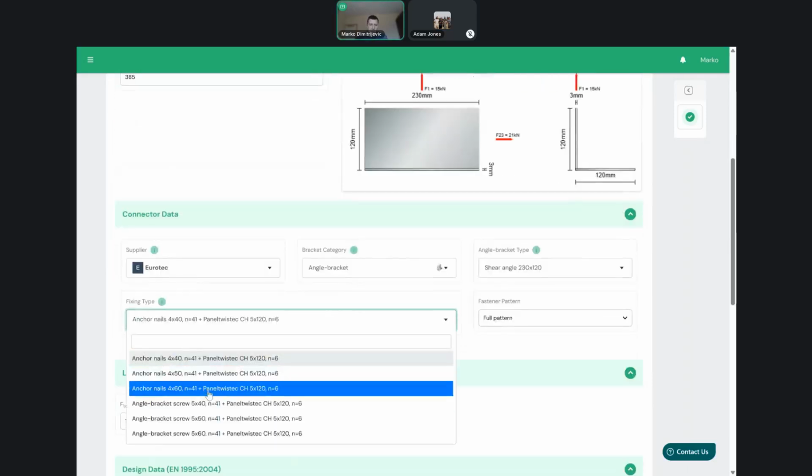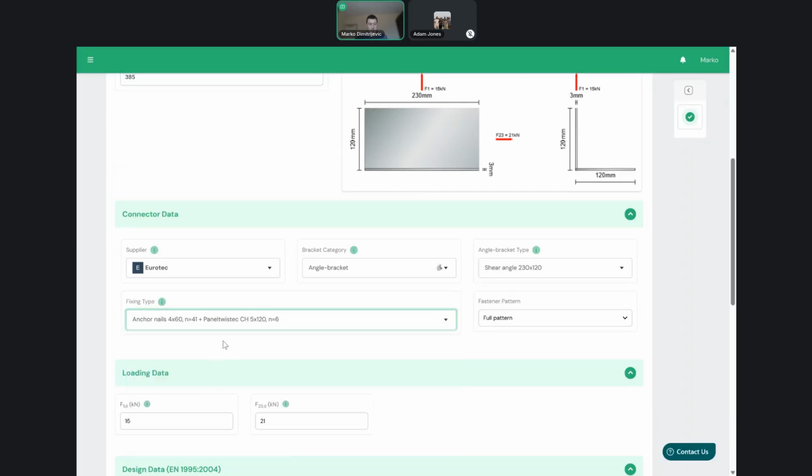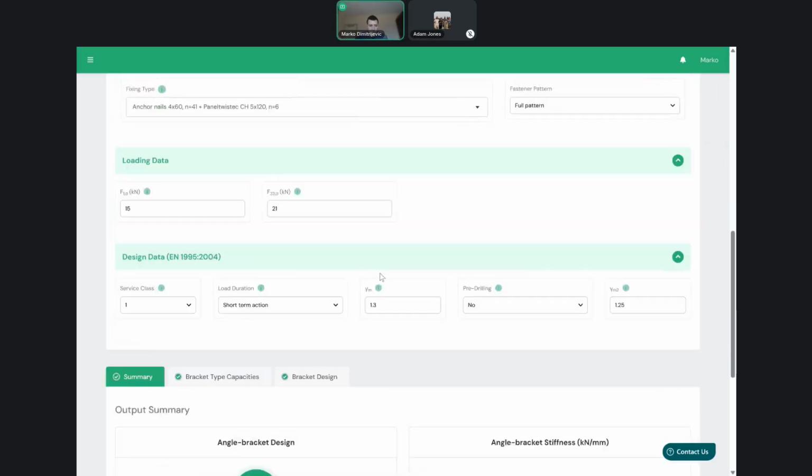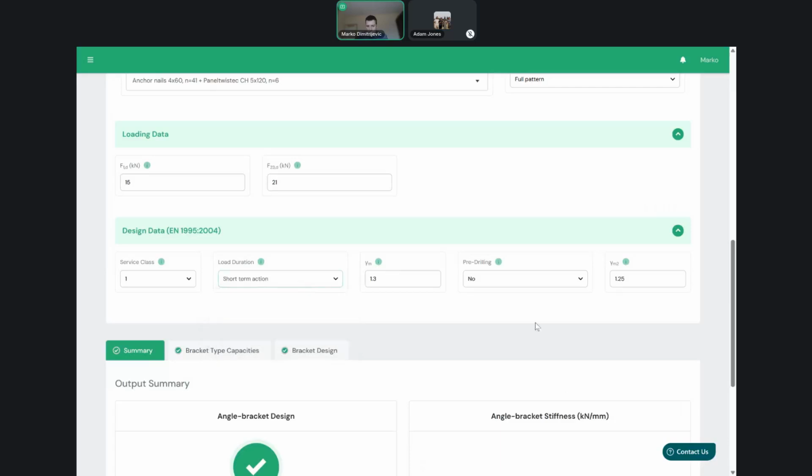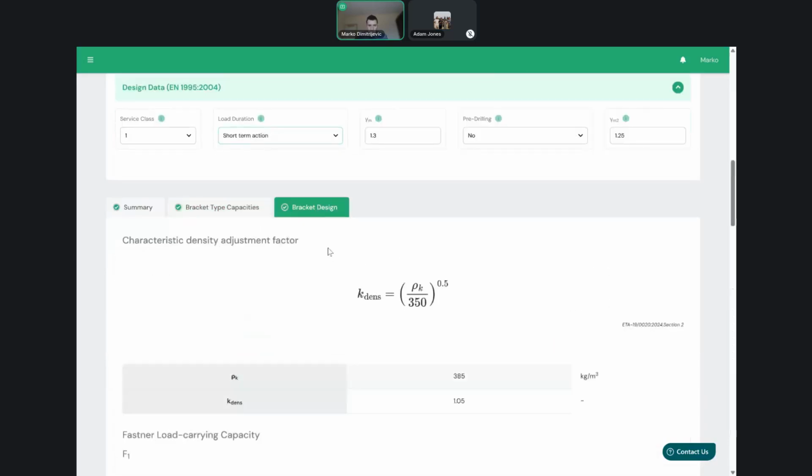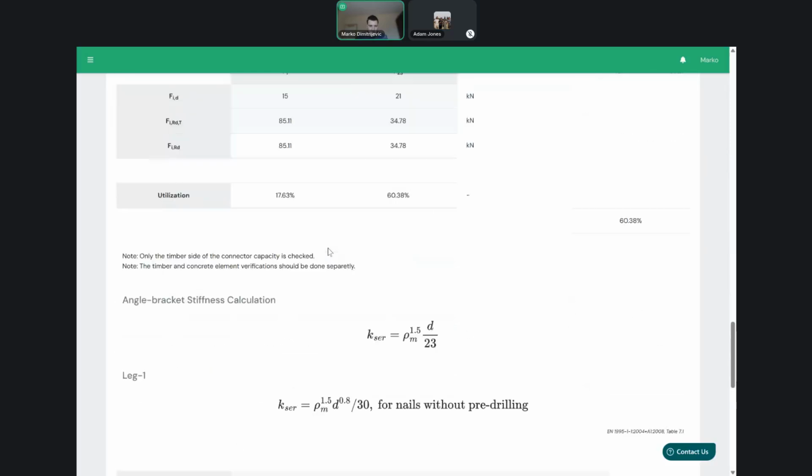In this case, we can also switch between these different fixing options and also pattern type. So in some cases, we can optimize the use of the connectors. In this case, we can use the same inputs, just go straight to the bracket design and see what the shear